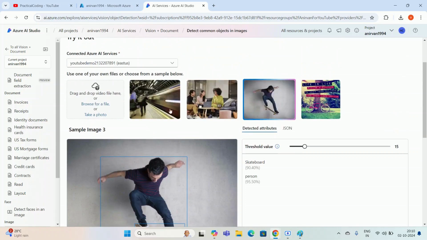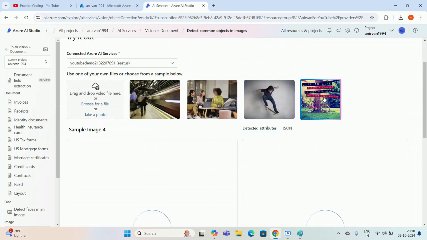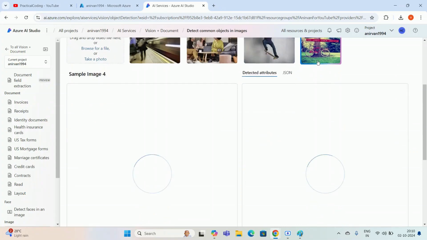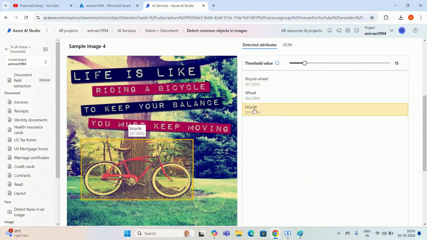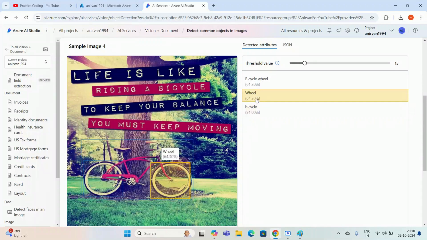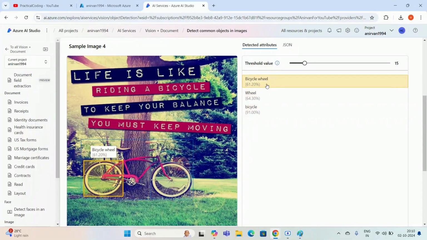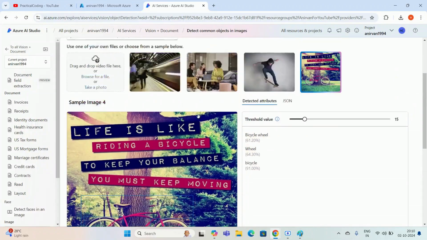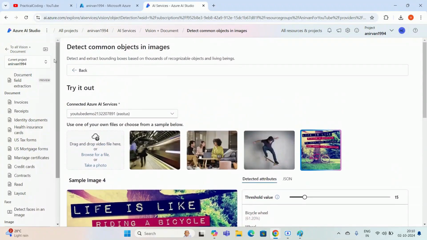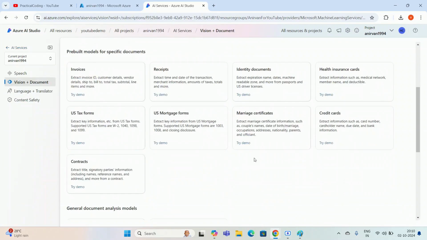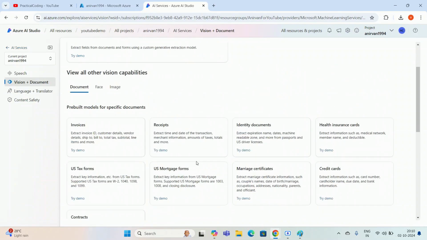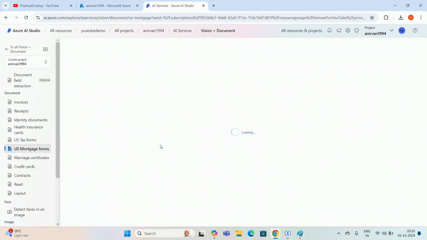So let me select any other photo. So bicycle is there, so this model should be confident about bicycle. Yeah, see, bicycle it is 91% confidence. For wheel it is 64.3% confidence. Bicycle wheel it is 61.2% confidence. So like that. So these are the services, guys. If you want to test all those things, you are very much welcome. You can try a demo and you can simply try these models. I think they have all the samples as well. So you can just click on the samples and you will get an answer.